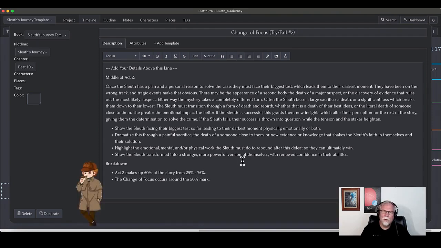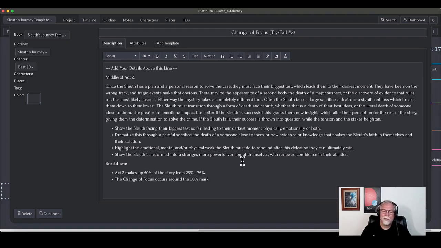Okay, they're on the wrong track, and we're going to dramatize through a painful sacrifice, the death of someone close to them, maybe a new victim, maybe something happens to the victim or their family, and it's going to shake their faith in themselves and their solution. Okay, remember, this is an emotional, mental, or physical work that the sleuth has to do to rebound from defeat. It's best if it's all of those things. If they have a physical setback, an emotional setback, and a mental setback, that all